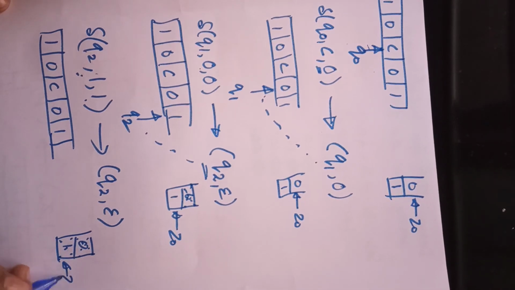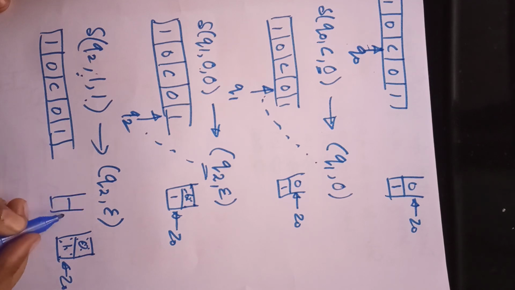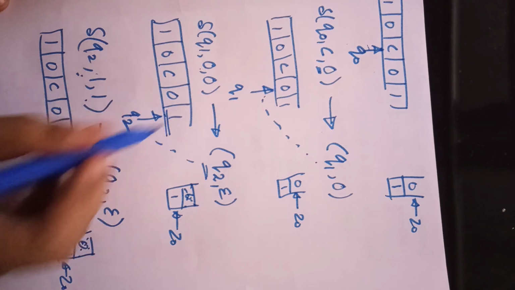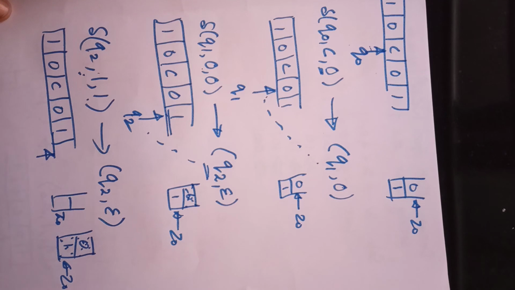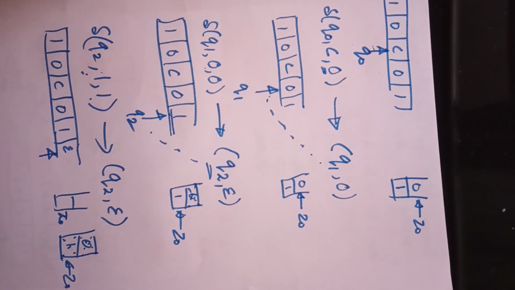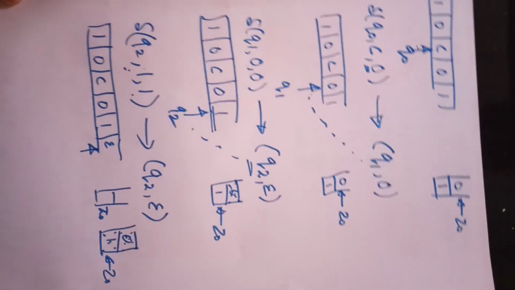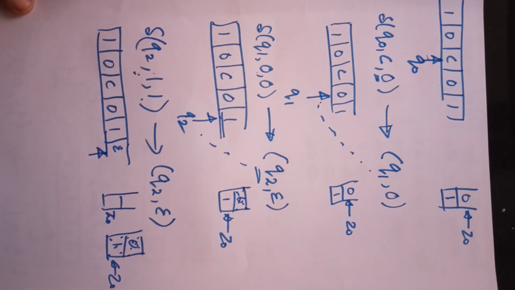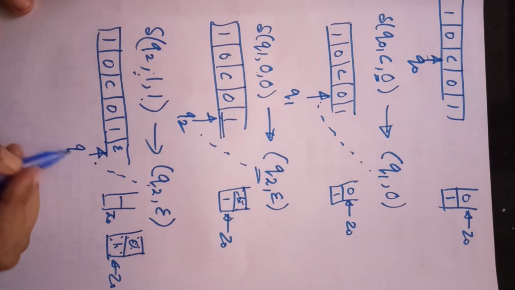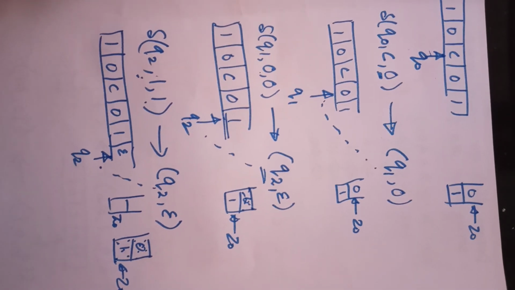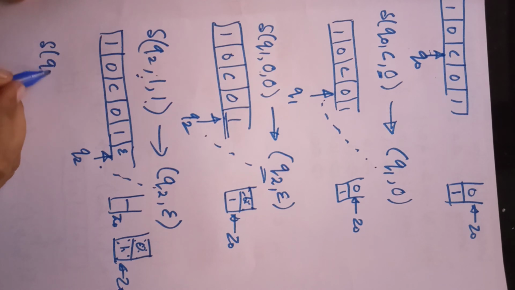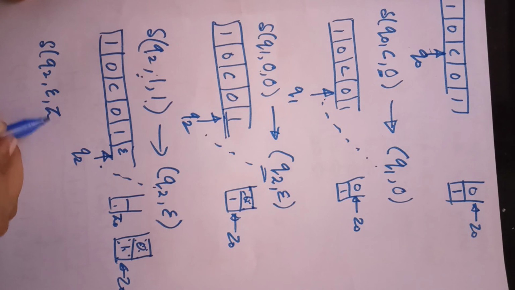So what is the top of the stack pointing to? Nothing. We can say z0 is pointing to nothing. And what this was pointing to, the last symbol, that is 1, will now be shifted by 1 position. Here nothing is present, that we can represent by the end of the symbol, that is epsilon. And the resultant state is q2. So whatever we had drawn, we have to write using the transition equation: transition of q2 with nothing on the tape, and with nothing on the stack, that is represented by z0.